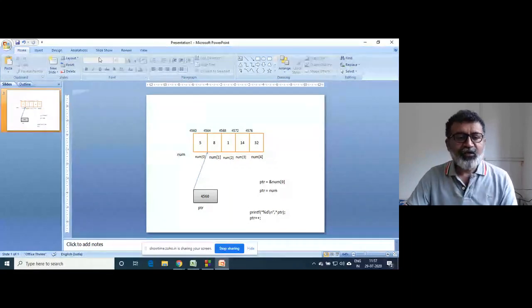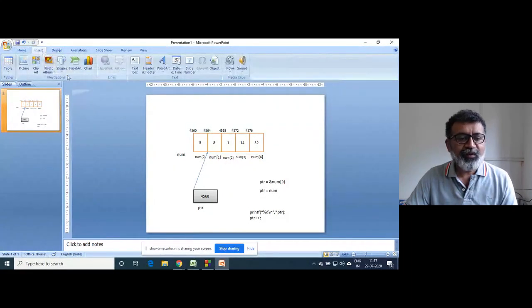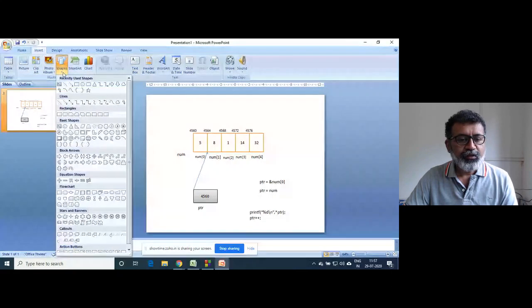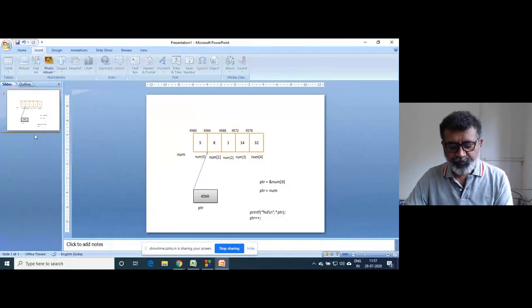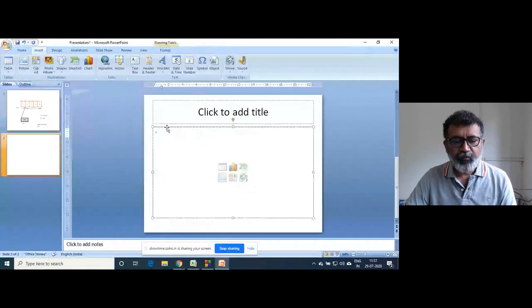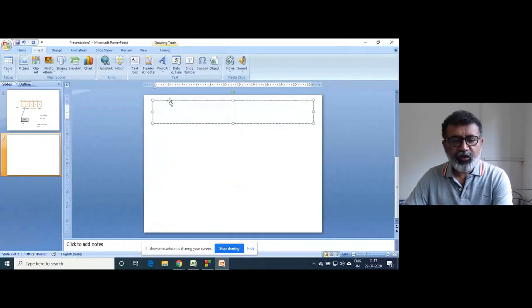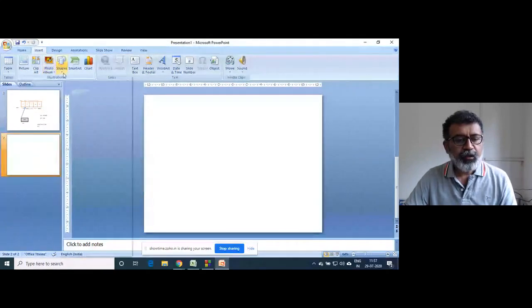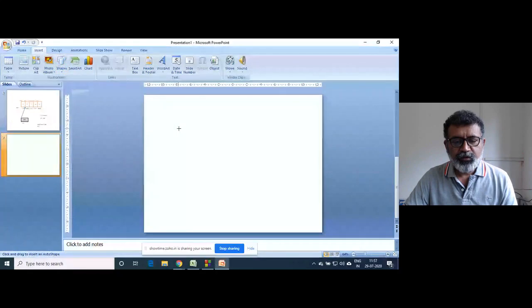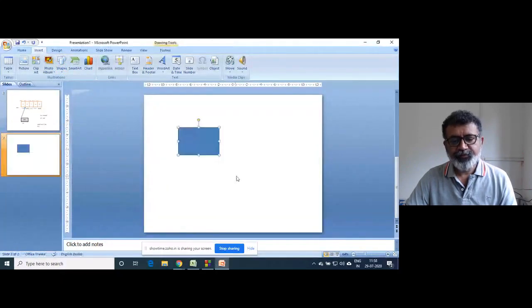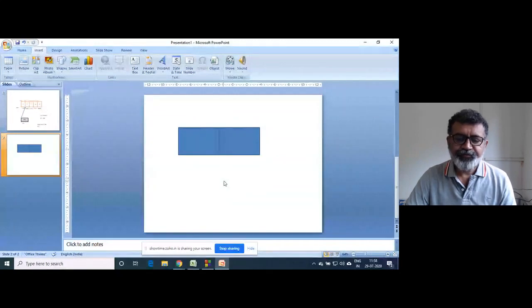Why am I actually telling this? Just imagine, again, the real world. Students do not understand this. Suppose this is Ashutosh's home.